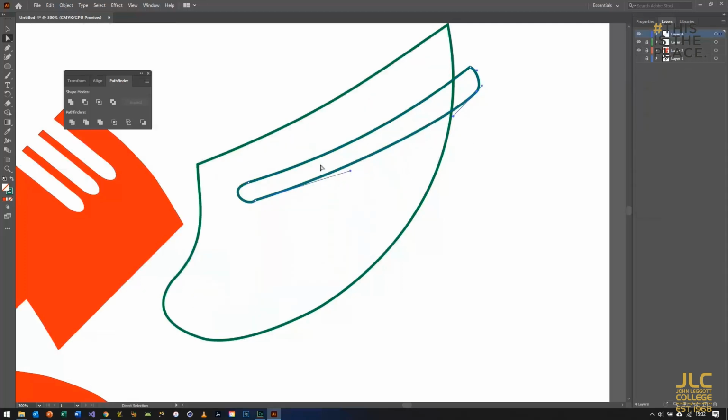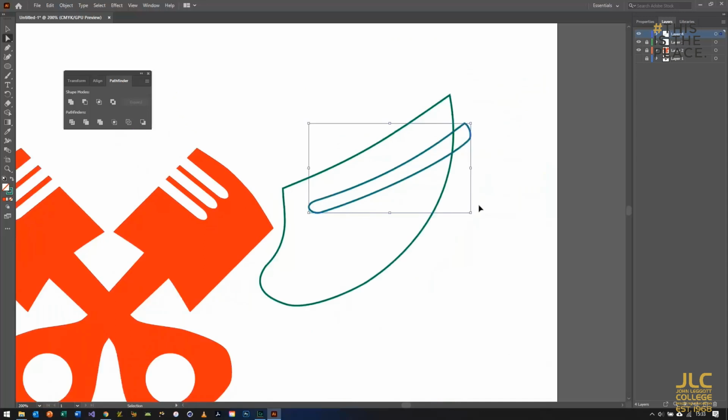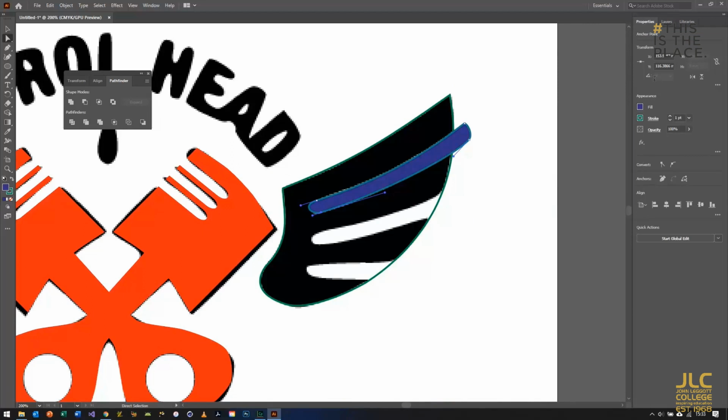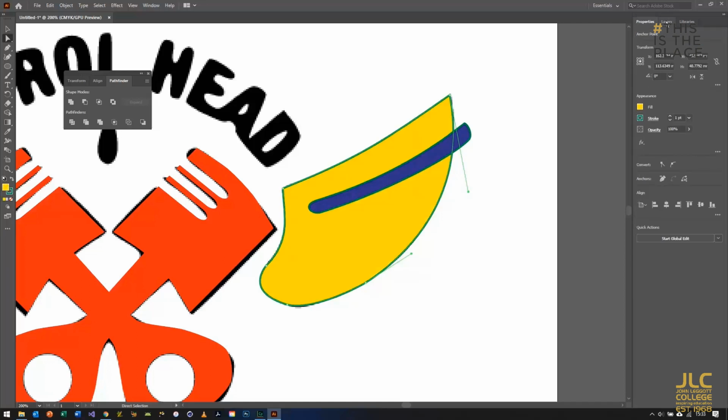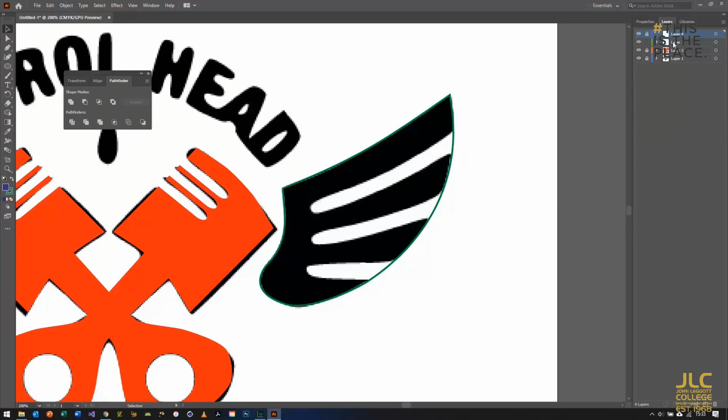Okay, so it's starting to look like the right shape. Then we hide the background and we just tweak these curves. If the curves don't match perfectly the original, it's not a massive problem. It's not a major logo that we're trying to recreate, it's just an idea. Okay, so I'm just going to test that so that it looks right, and then with the layers I'm going to cut out what's on that layer and paste it into this one. So we're using that top layer just as a working area, and we can use the pathfinder. So that's the first one done,